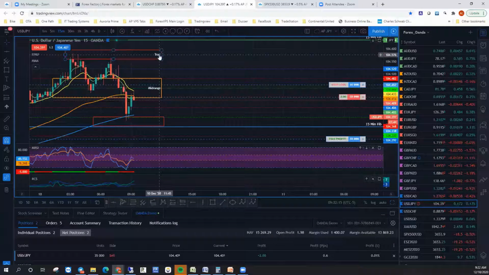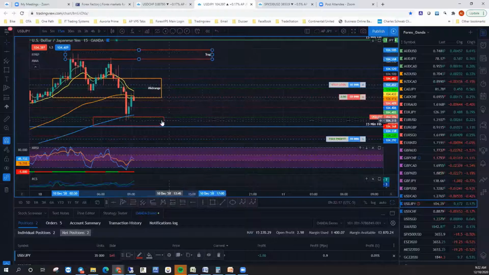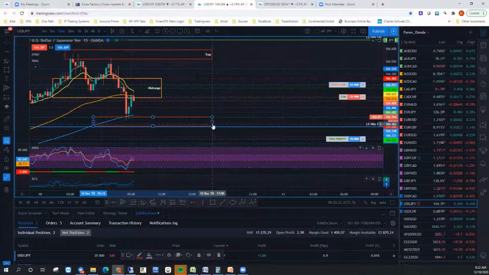So this thing could be going in this range for quite a while. What I'd be advocating is that when it comes down here, take a long, wait for it to come back here, and get out of the trade. Or if it breaks on up, you could wait and see if it just ranges from here. But it would probably come down, get in, come up, take a profit, come back down, get in, go back up and take a profit.